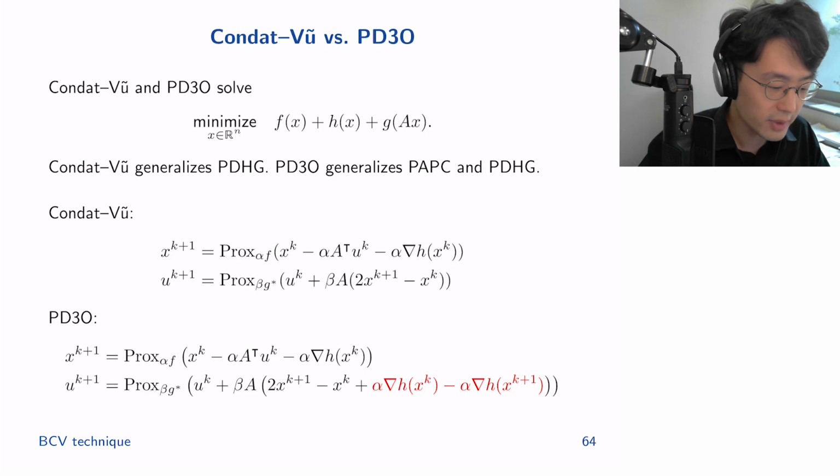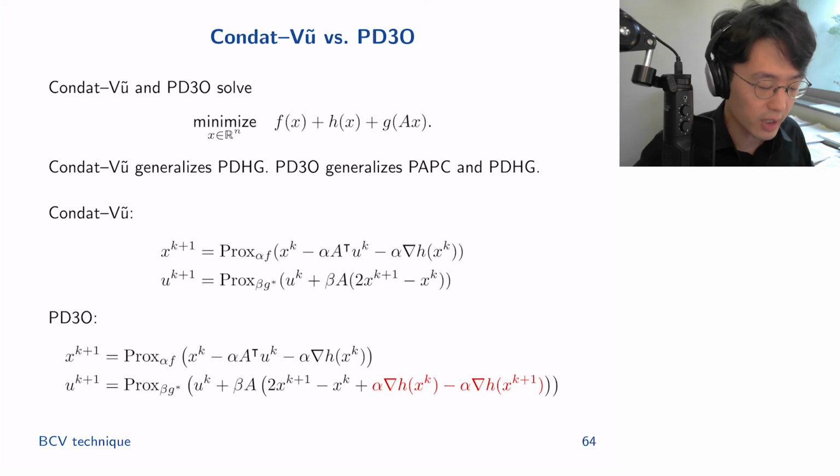In the case of PD3O, PD3O also generalizes PDHG. So if we were to remove these h functions, then we would recover PDHG. But PD3O is different from Condat-Vu in that not only do we have this additional term, but we also have this term where we add grad h xk minus grad h xk plus 1. So seemingly, PD3O is slightly more complicated than Condat-Vu in the sense that it requires a few additional characters in